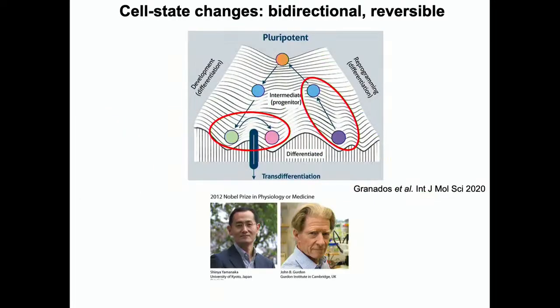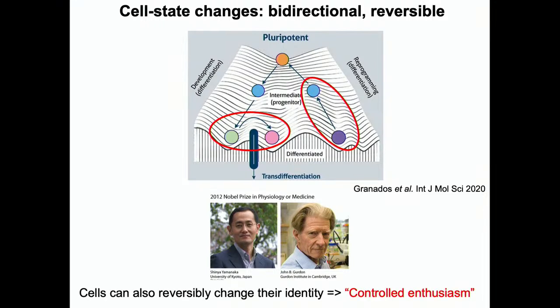Okay, but now, as we know, this is not a one-directional flow. Cells could switch between these ridges, between these valleys. Cells could go up this landscape, which is what got the Nobel Prize, induced pluripotent stem cells that many of you may have heard about, which is making major strides in regenerative medicine at the moment. So cells can change their identity in a reversible manner. It's no longer irreversible as was initially thought, but again, they do this in a very, very controlled manner, right? So this got the Nobel Prize in 2012. And I think it was published in 2007 or 8, this initial paper.